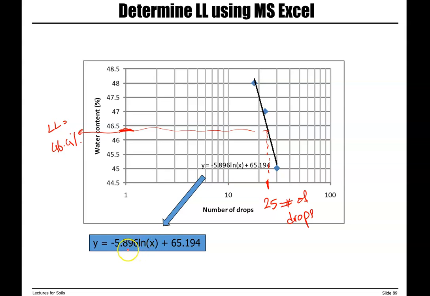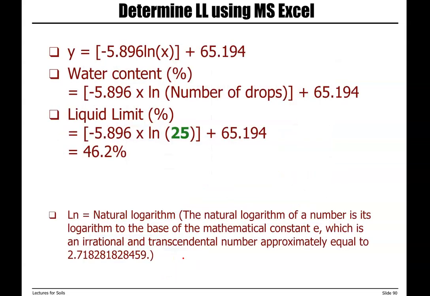Or we can use this formula, the formula of the line that we fitted to our data points, and substitute x with 25. So here, instead of x, we put 25 in our formula, and we get the exact liquid limit.